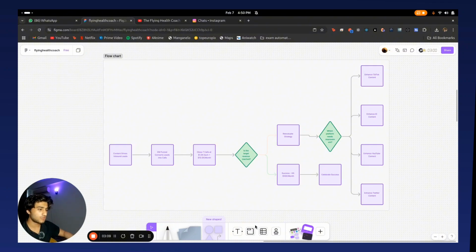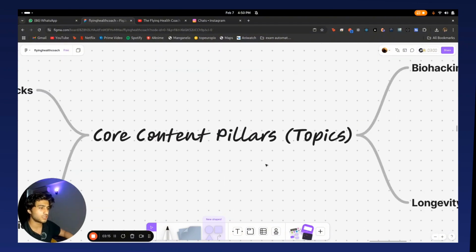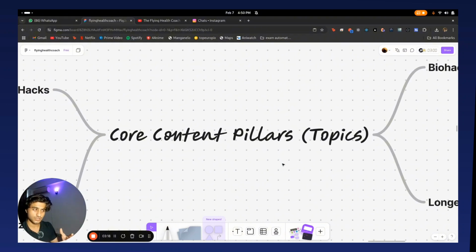Now let's understand what would be the important content pillars or topics that you should be focusing on when you're creating content online. Now, mind you, these content pillars are not created out of thin air, they're created after researching Reddit forums where people are actually discussing their problems, which I personally did for your niche because I really wanted to help you out. So I figured out that since you have an average ticket size of 1.5K per call, it made sense to me that you should instead target affluent entrepreneurs, high performing athletes, and people of that demographic.